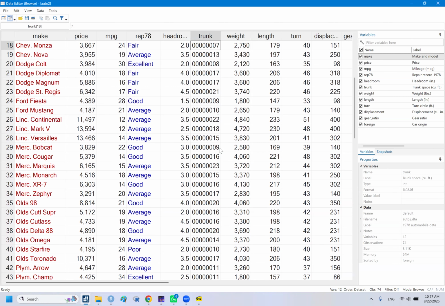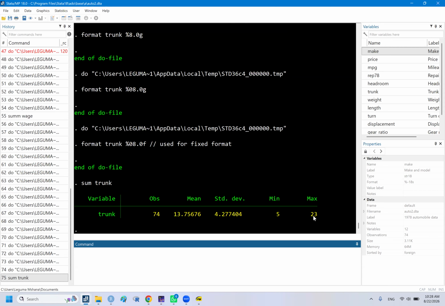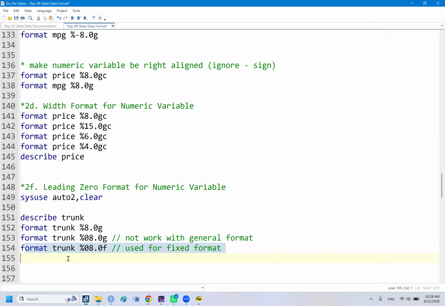Like here, Stata will add 7 leading zeros. So this actually is not what you wanted. What you wanted is, if the maximum digit is 2, like for trunk, if you summarize trunk, the maximum one is 23. So you would like to have 2 digits specified so that all those values with 1 digit will be captured with a leading 0. So I'll put 2 here